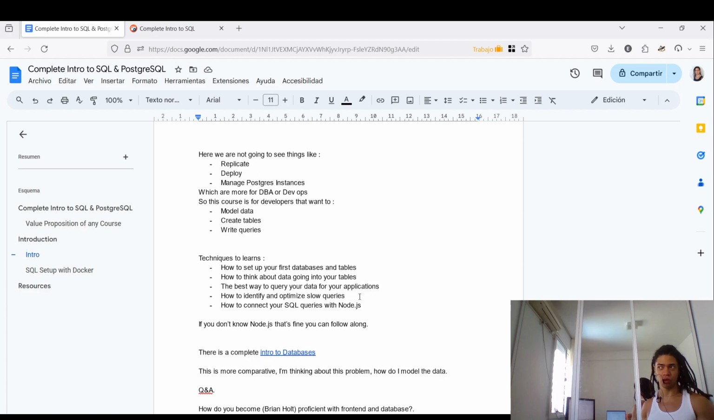All right. So how you're going to populate the data into the table. How to think about data going into your table. How you're going to populate, how they're going to fill in, right? Best ways to query your data for your applications. Something that is crucial here. And the other is how to identify and